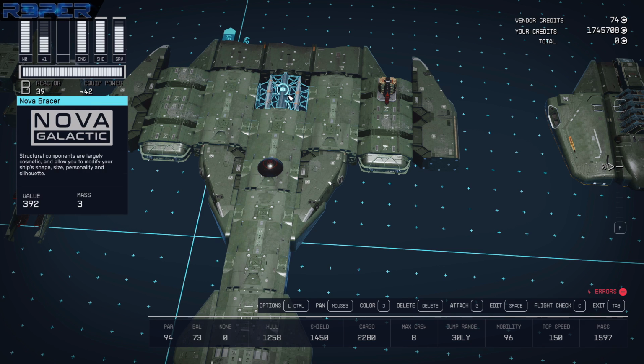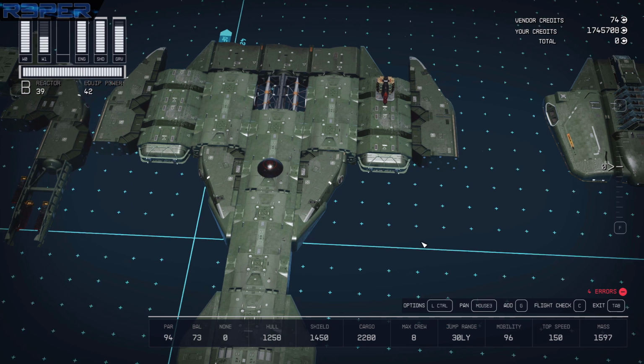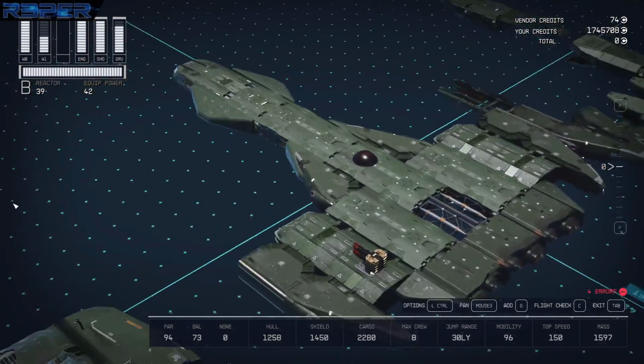That's just a filler Nova bracer. Over here, we've just got 2 hull pieces with a Hope Tech nose, Nova Cowling, and this Nova Cowling. And pretty much the same thing over here. Got the Deimos hull, Nova Cowlings. Moving around to the back,